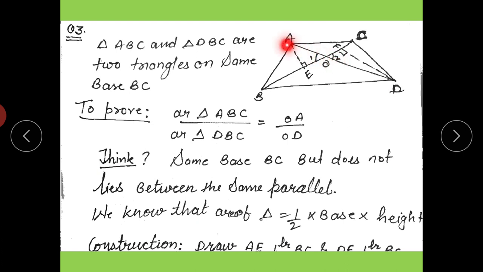OA and AE, there are triangles, so that two sides form a triangle AEO or AOE. Similarly DOF, there are two triangles AOE and DOF. Are you able to make them congruent or similar? Similar. So angle 1 and 2 are the vertical opposite angles, and angle E and F are the 90-degree angles.